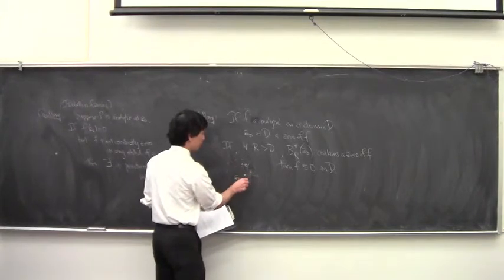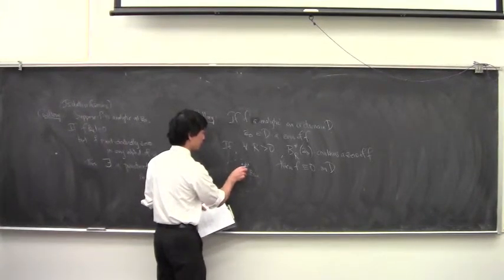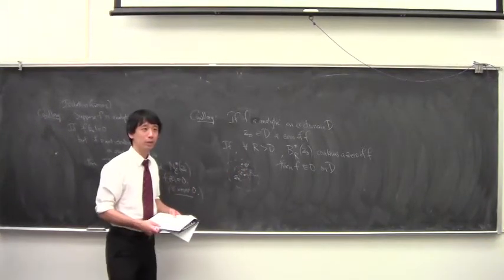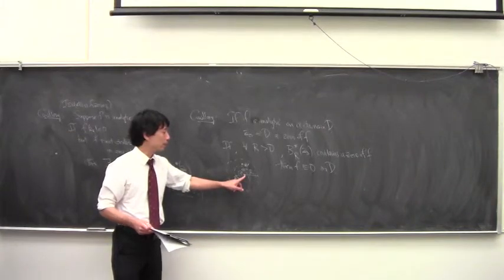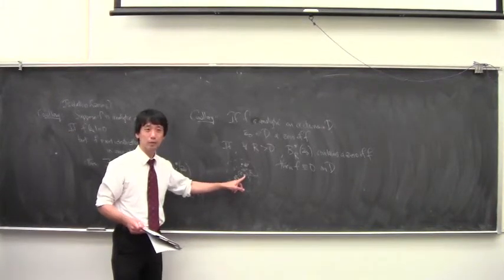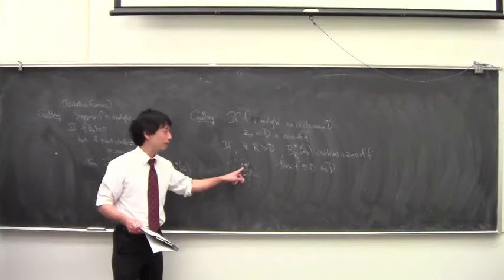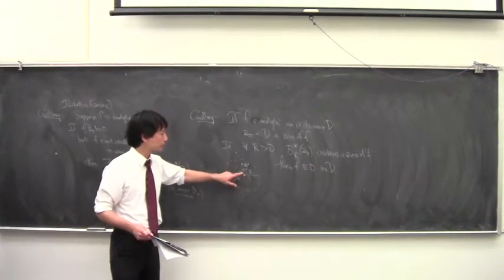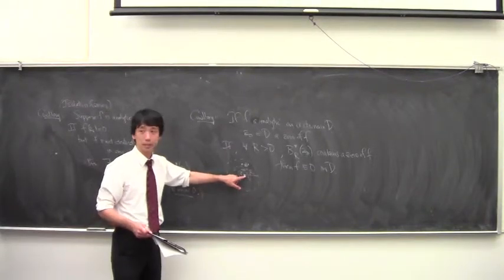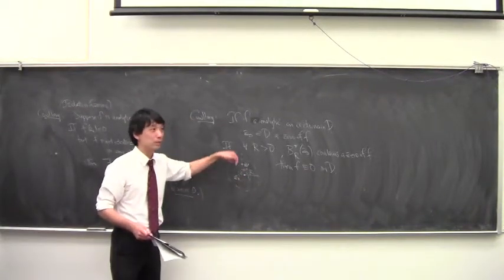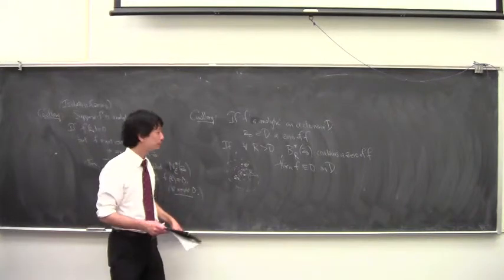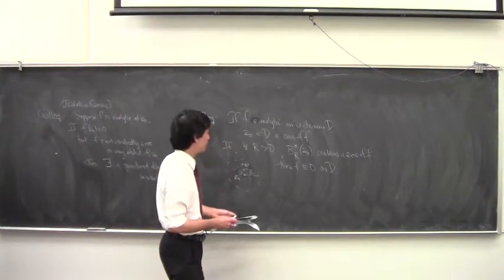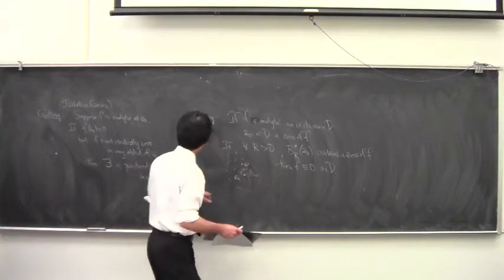So I can take another radius. There's going to be another place where the function is 0. No matter what radius I take, there's always these points where the function is 0. In other words, what we're saying is that this 0 is a so-called accumulation point of the set of zeros. Okay, this thing is actually a limit point of a sequence of zeros. It's actually the limit of a sequence of zeros. In that case, then